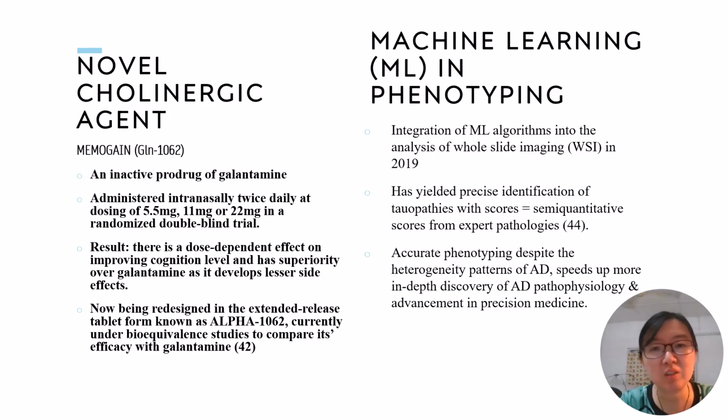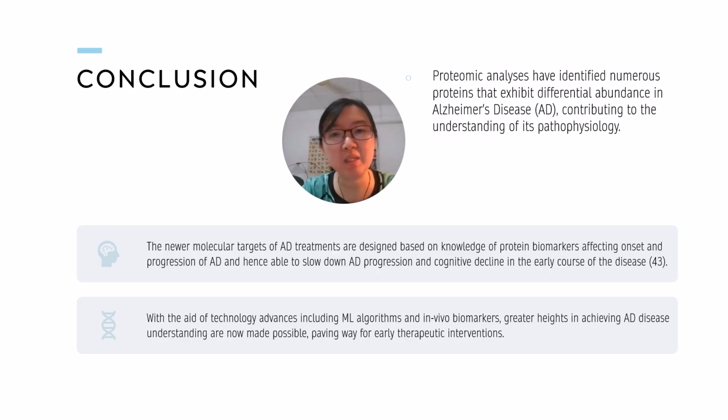Machine learning in phenotyping is also a novel advance in AD, whereby they integrated a machine learning algorithm in the analysis of whole-slide imaging in 2019, and it yielded a precise identification of tau proteins with a score equivalent to the semi-quantitative score from expert pathologists. Accurate phenotyping despite the heterogeneity patterns of AD can help speed up more in-depth discovery of AD pathophysiology and advancement in precision medicine. So you see, proteomic analysis has identified numerous proteins that exhibit